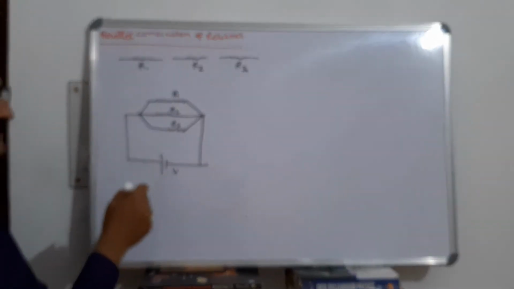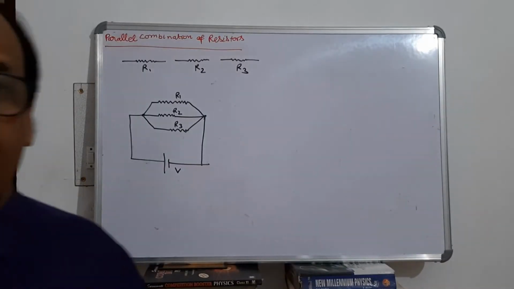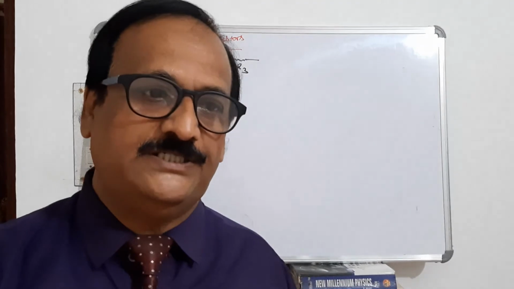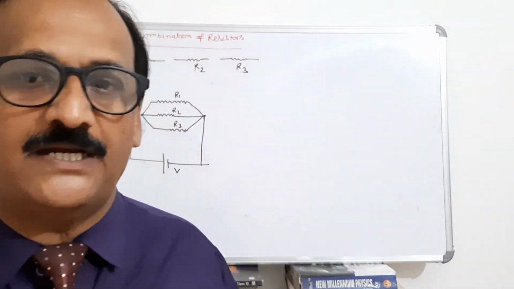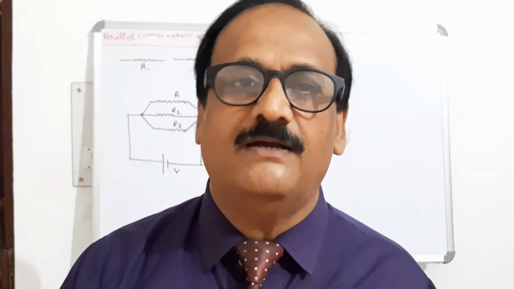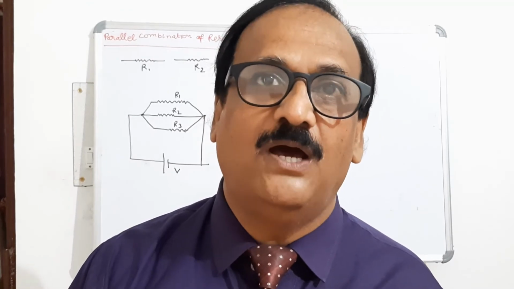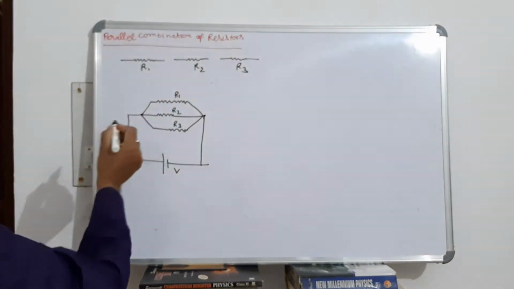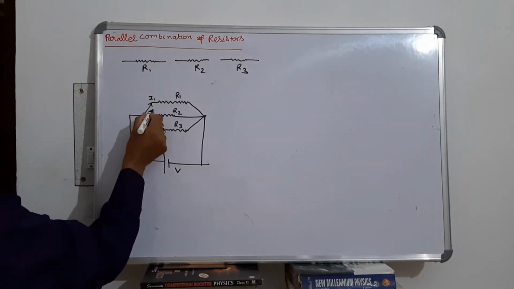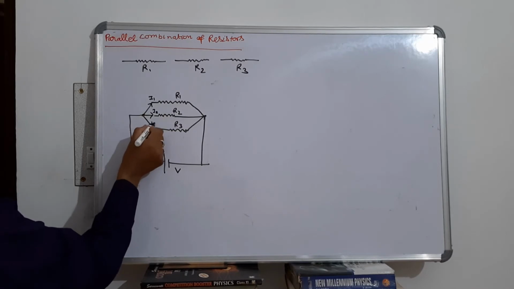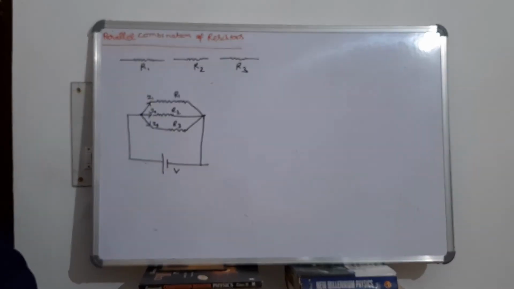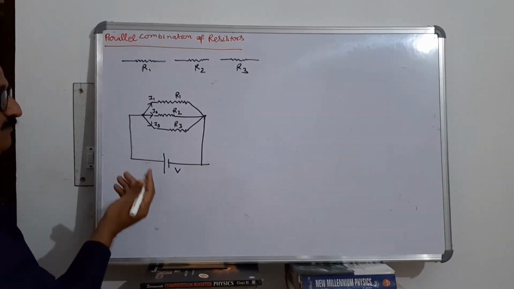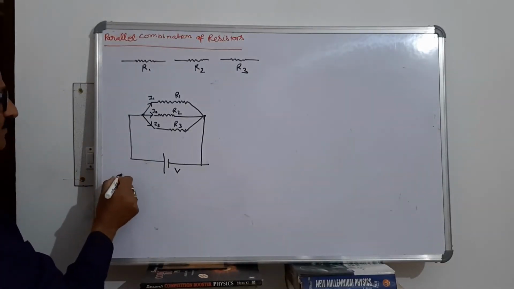Now, since these three resistors are connected in parallel, the current through each resistor is different. Suppose that current through resistor R1 is I1, current through resistor R2 is I2, and current through resistor R3 is I3. And in parallel combination, potential difference across all the resistors is the same. Then from Ohm's law,